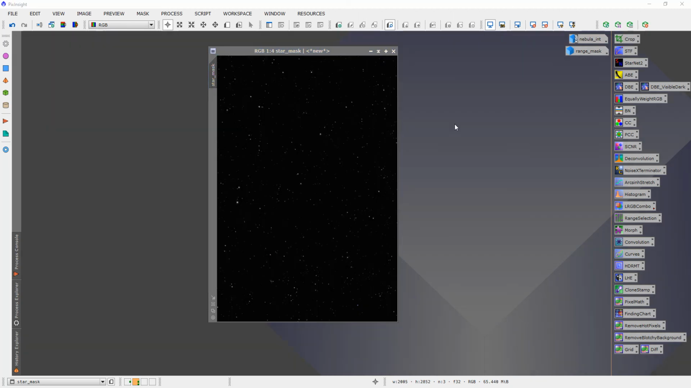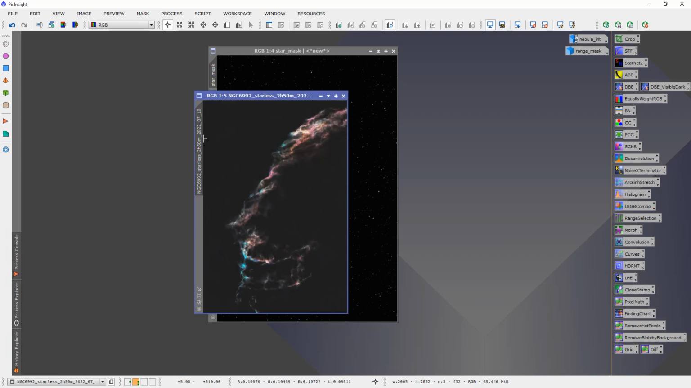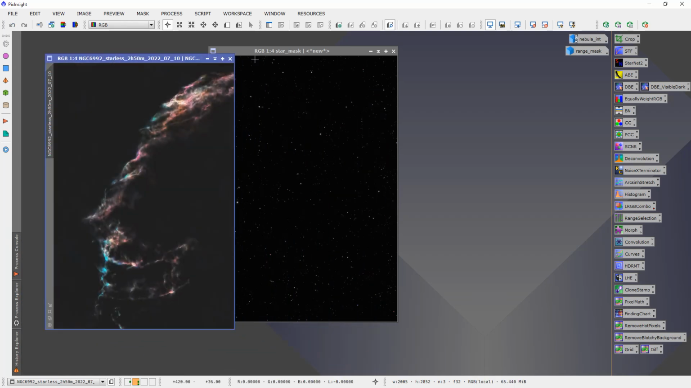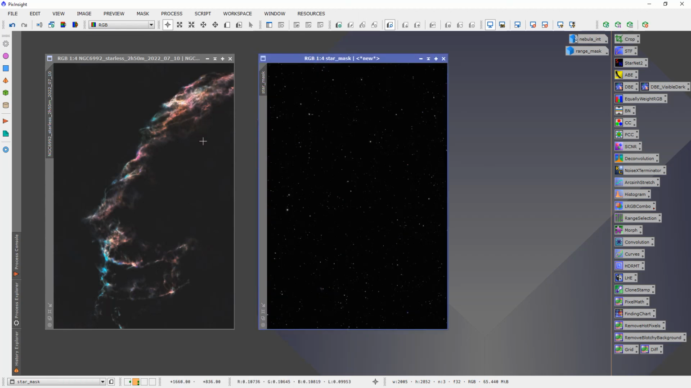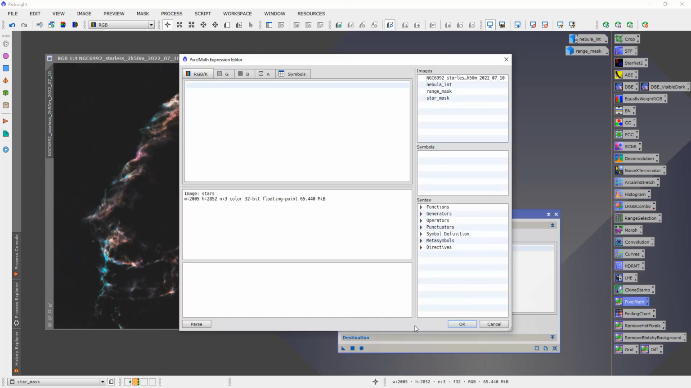Okay. And the final thing to do now is to open up our previously saved starless image, which is this one here. Let's make that a little bit bigger. And then combine these two to get your final output. So we add this to this using Pixel Math. We open up the expressions editor